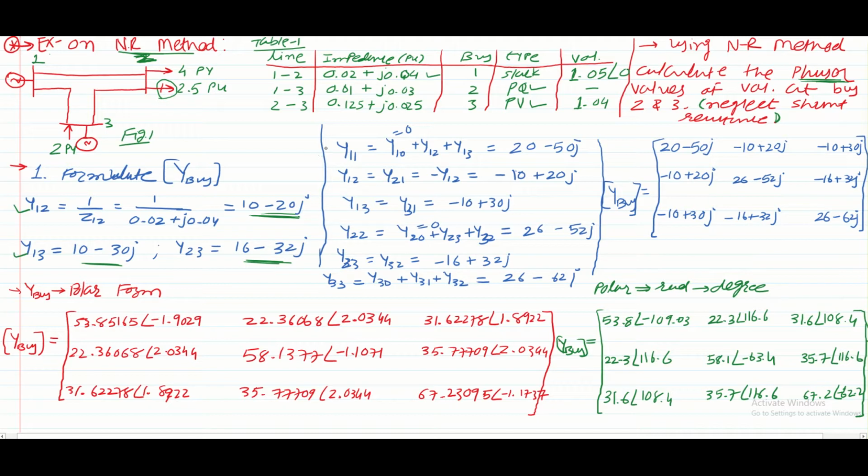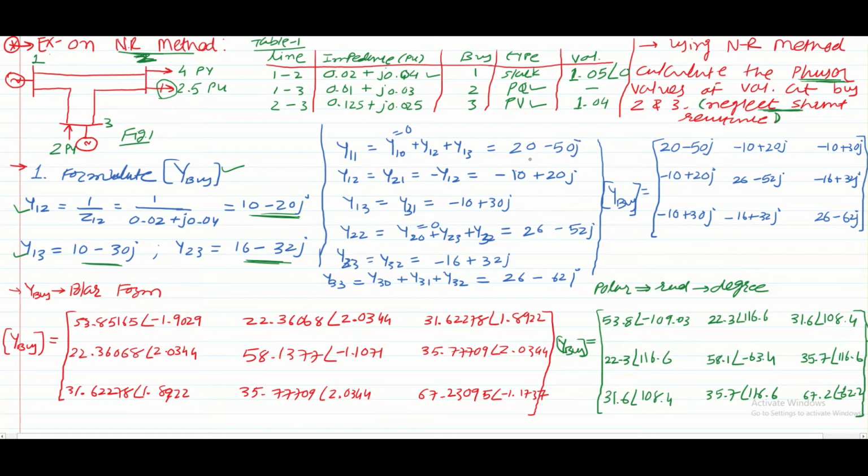Now our next step is to calculate the elements of Y-bus matrix. Okay, so we will start from Y11, which is the same process we have earlier done for many of the example. Okay, so Y11 is equal to Y10 plus Y12 plus Y13, where Y10, which is shunt admittance offered by the bus number 1, which is equal to 0, as we have neglected the shunt admittance at each bus, okay, or each transmission line.